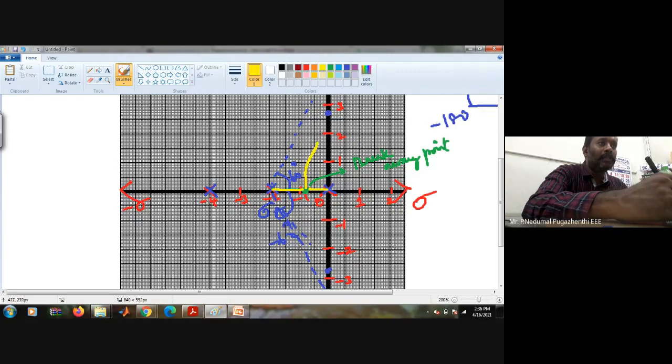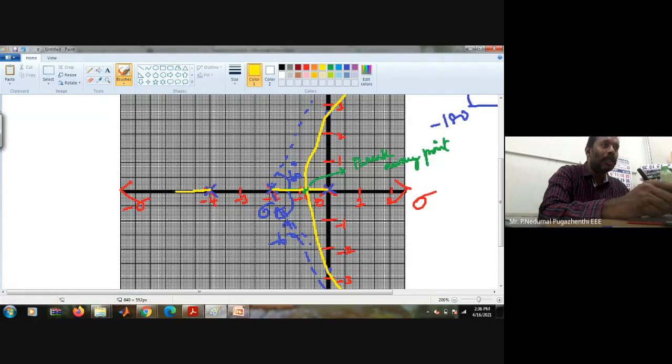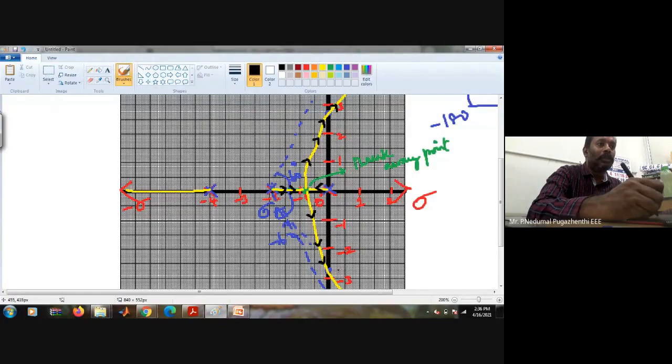Okay, they will cross the imaginary axis here. Also, they will cross the imaginary axis here. And one more root locus starts from -4. It goes here. So let me take this one and I will mark the flow of root locus branch. So this is how it is traveling. So this is minus j 2.82 and this is plus j 2.82, the crossing point, and the another root locus branch is going from here.